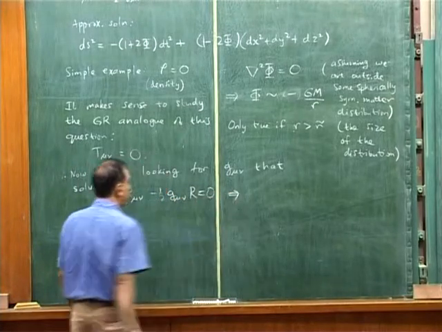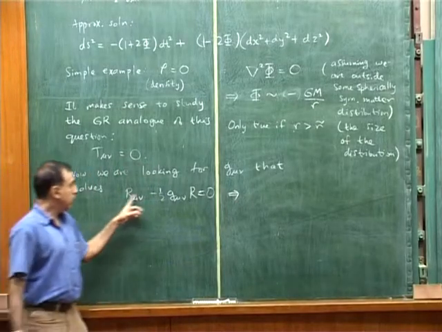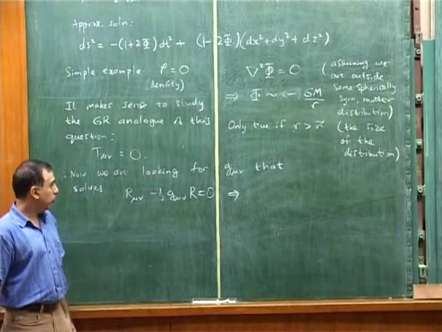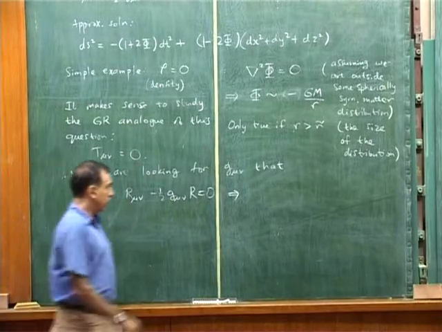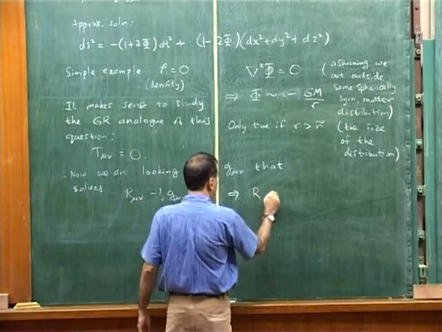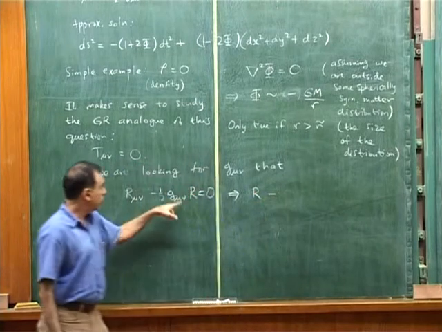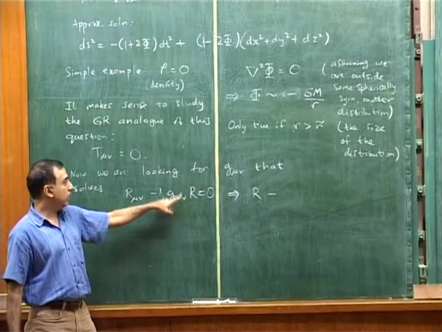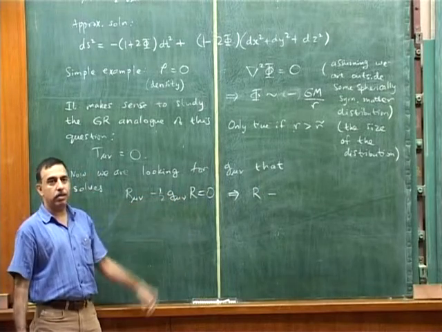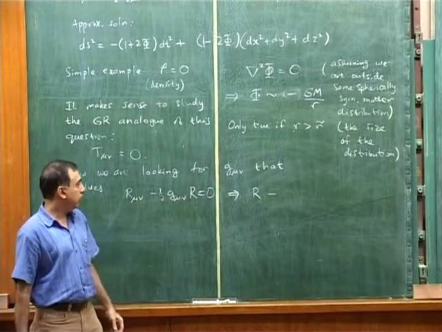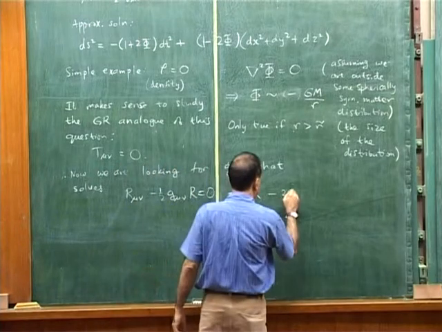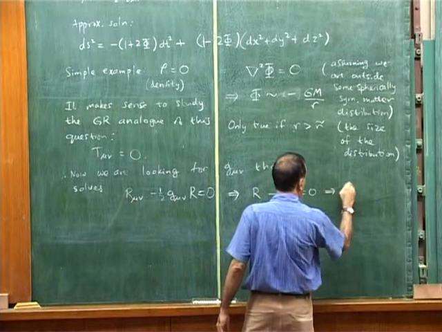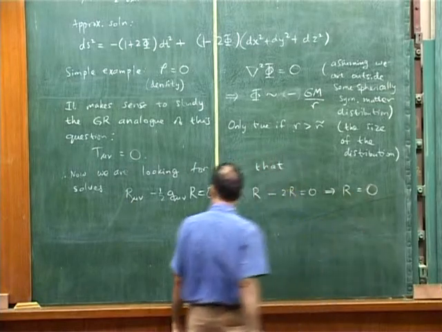But this equation is very easy to simplify. Just contract it with g^{μν}. The first term becomes R, and for the second term, g_{μν} contracted with g^{μν} is 4, where if I take a matrix, multiply it by its inverse and take the trace, it's the trace of the identity, which is 4. So I get minus 2R equals 0. So this tells me that R is 0.